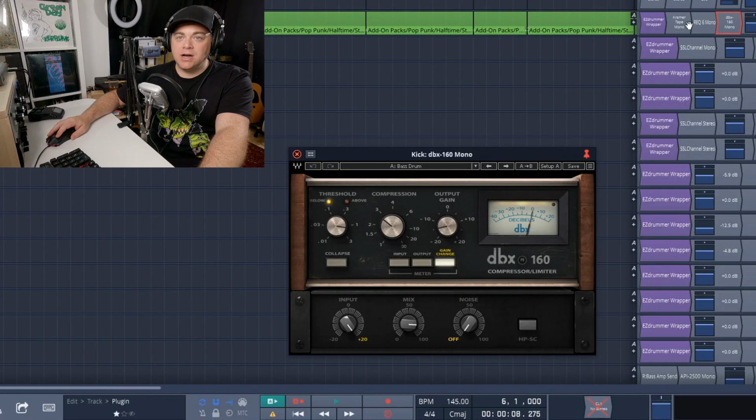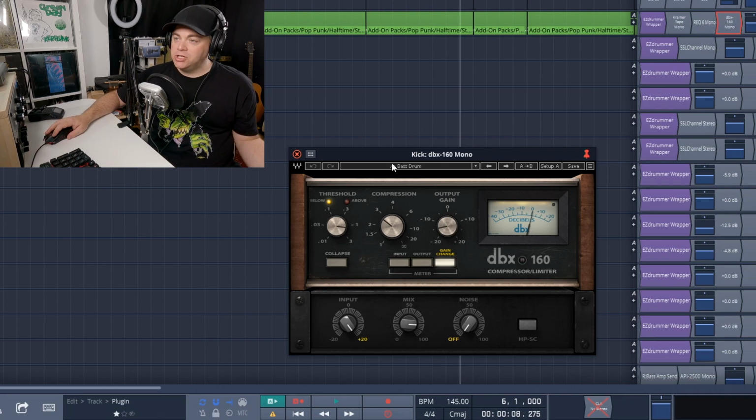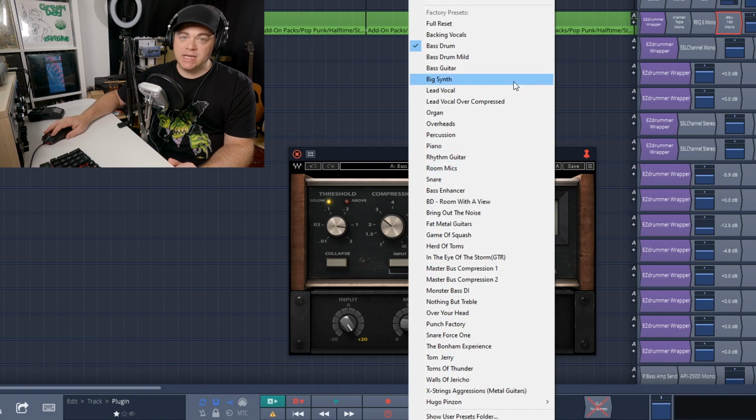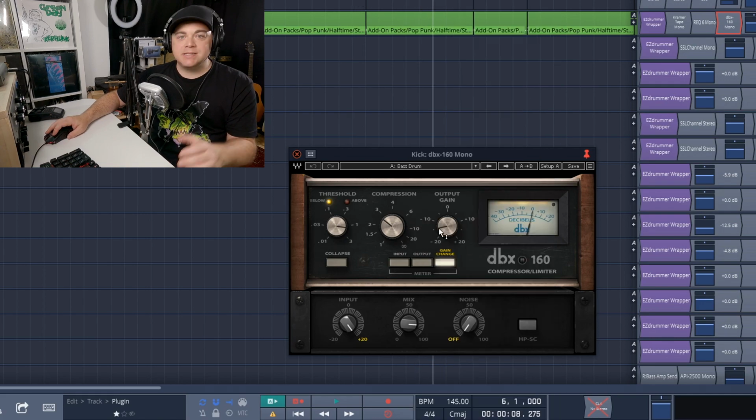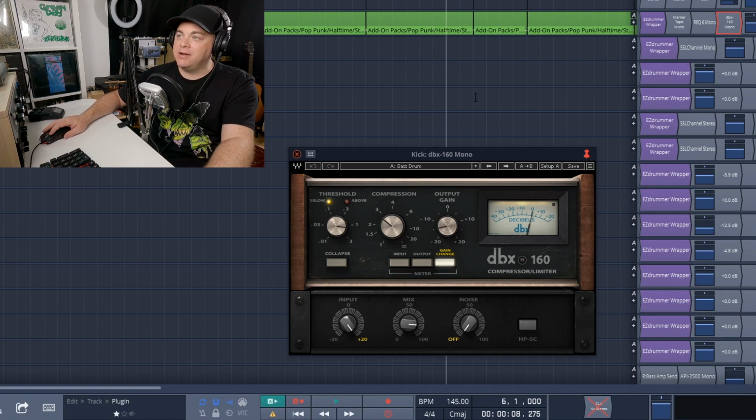Now, another Waves plugin that I use in every single project is the DBX 160. And I use this all the time on my kick drum. You can see I have it right there, but you can use it in other spots too. I know it's popular to use this on drums, but you can see there's presets in here for other things like lead vocals. This can actually sound great on vocals, rhythm guitar. It's a simple compressor plugin, but it can sound great all over your mix. And I do use it in other places, but where I use it every single time in every mix is